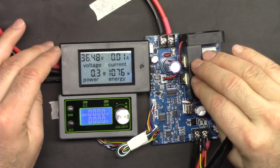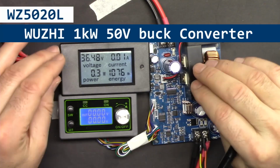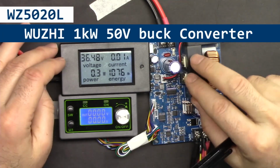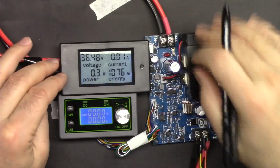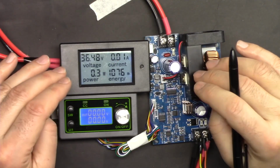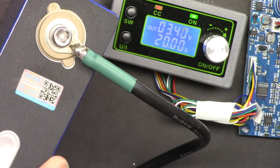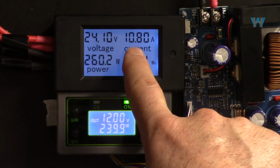In this video, we are going to do the review of this 50 volts, 20 ampere Wurji WZ5020L buck converter. 20 ampere or 1 kilowatt. We're going to test it with different voltages, up to 55 volts at the input and up to 20 ampere. It needs more current, so the constant current is turned on, but we are not worried. Input current 10.8,